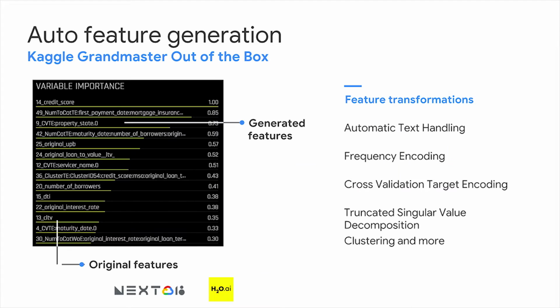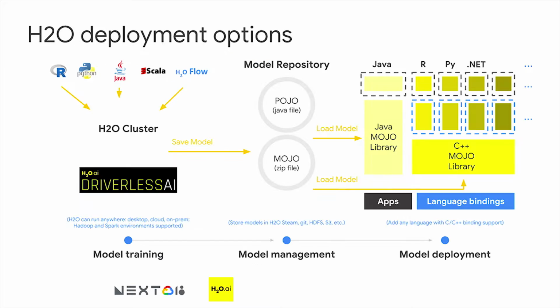So one final thing about deployment. After the model is built, as I mentioned earlier, you do get a Java artifact. So you can get the POJO or MOJO for H2O, and for Driverless also you can get the MOJO file. That's essentially a zip file that contains the binary representation of the model, and it also contains all the feature engineering information, and it's completely self-sufficient, doesn't have any dependencies. You can put it on the edge, you can run it wherever you have a Java runtime environment. And obviously, it's easy to add other language bindings too, but that's a really cool deployment story.